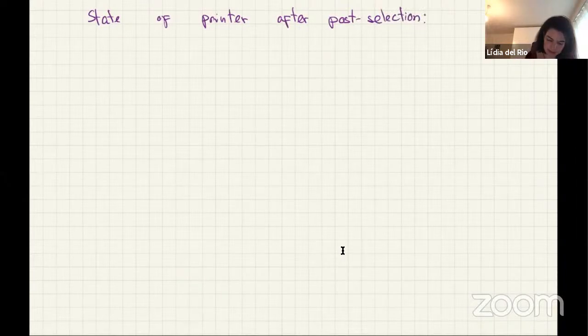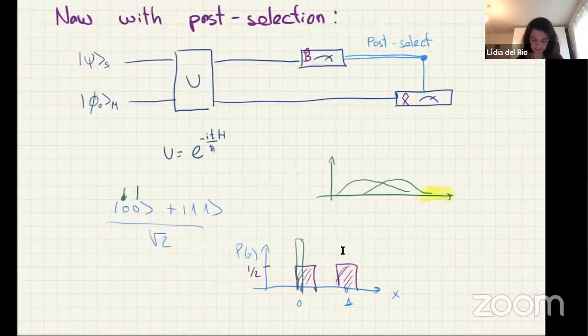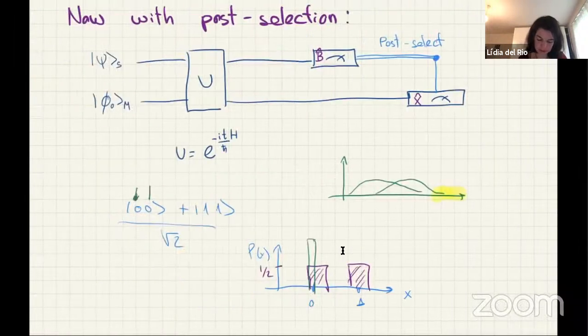And let's call this state the state at time t star when the outcome of the measurement was L. Okay, so t star, let's say it's this time here. Okay, so we measure this observable L, this observable B, and we condition on the outcome L, so that corresponds to this.